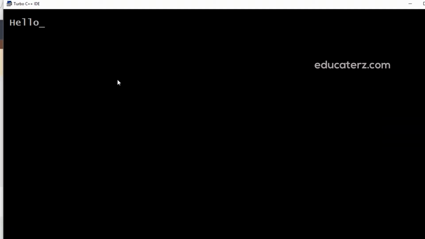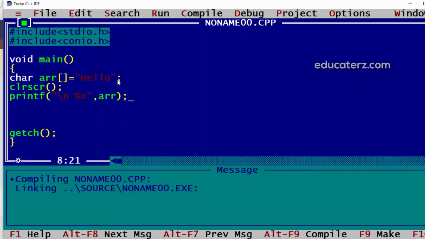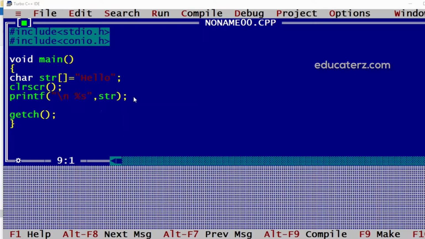So this way we will get the output. String can be displayed using %s. Now as we have seen, if we initialize it directly with the value, then \0 will be added as an end character automatically. If I want to find out the number of characters in this array, then we can go for reading one by one character till it returns \0. Ends with \0, we'll check out the length of it.